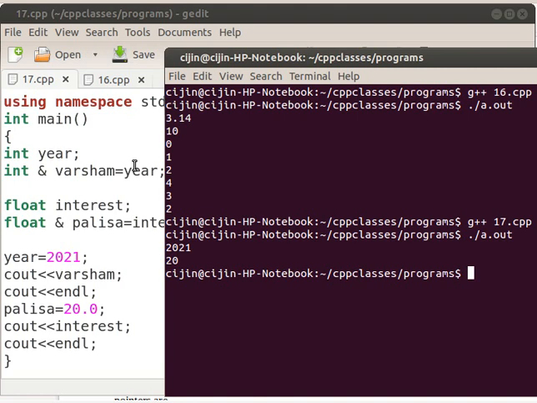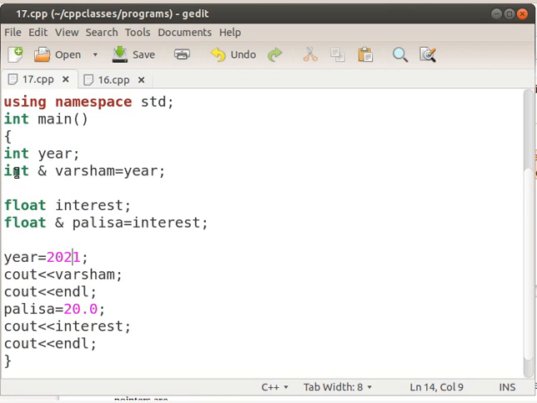The important point is that we have to specify the reference relation during declaration itself. Later we cannot define variables and connect them. We have to state the relationship at declaration time itself.